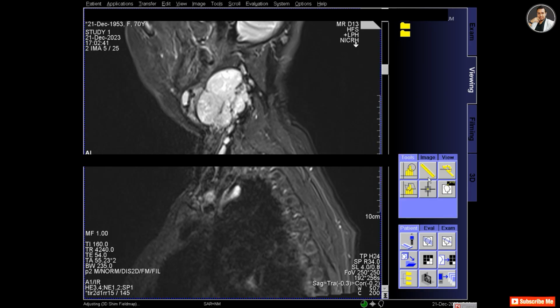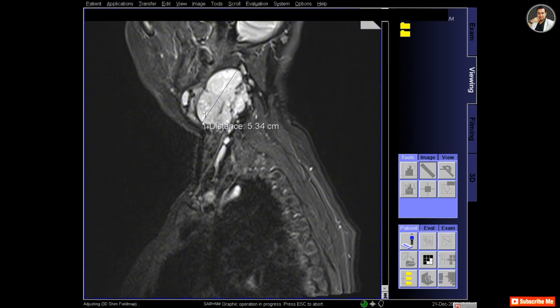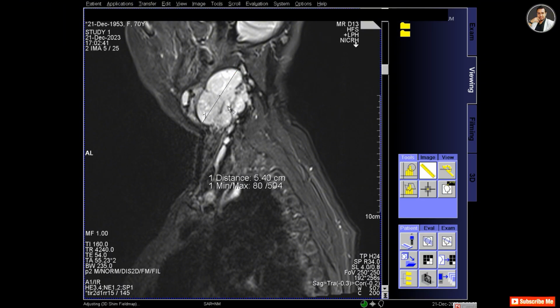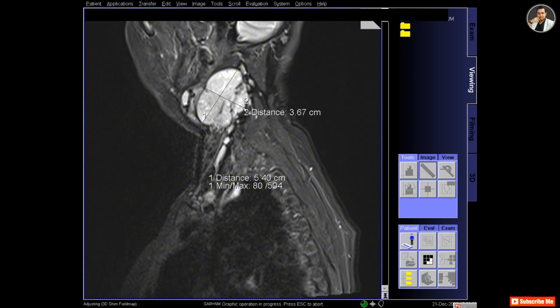So this is the STIR sagittal, and I have to measure the lesion by using the scale, and this is 5.4 centimeter in length, and I have to measure the width of this lesion, and that is 3.7 centimeter.